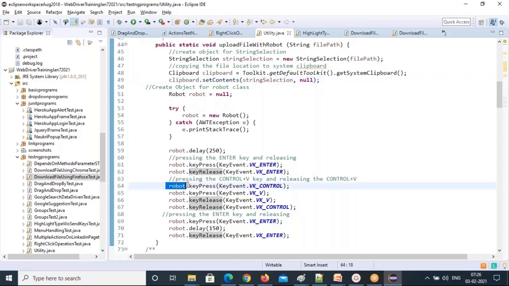Robot dot keyPress KeyEvent dot VK_CONTROL, robot dot keyPress KeyEvent dot VK_V, and I'm releasing these two keys, the Control key and V key. Robot dot keyRelease KeyEvent dot VK_V, robot dot keyRelease KeyEvent dot VK_CONTROL.